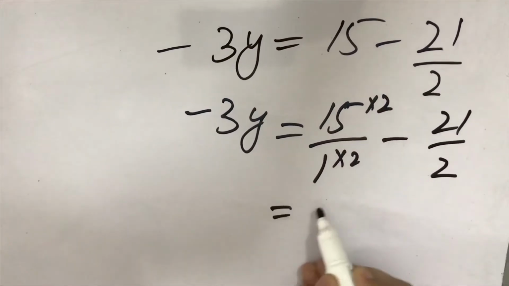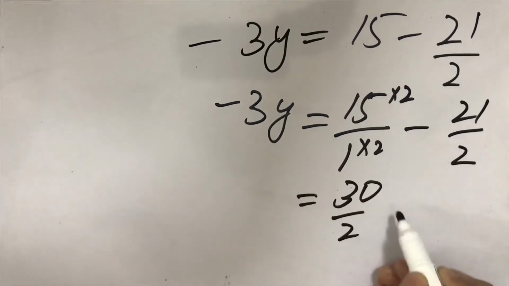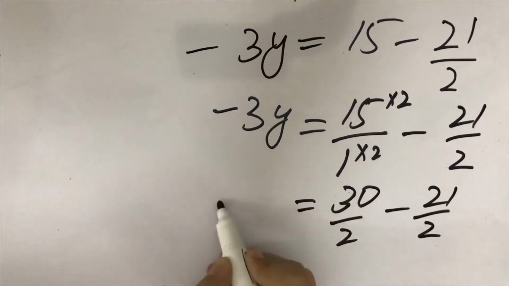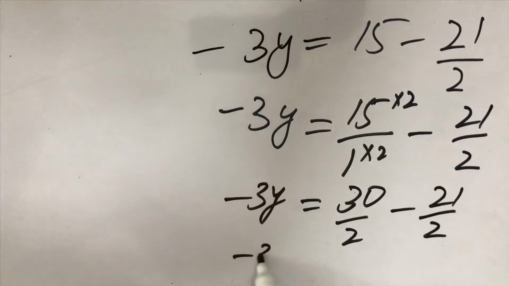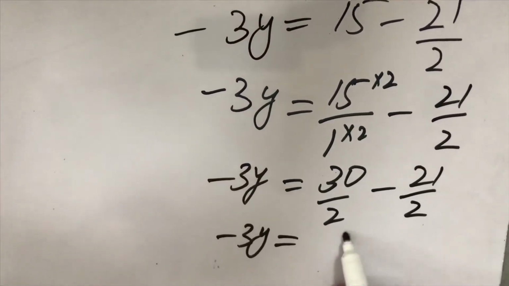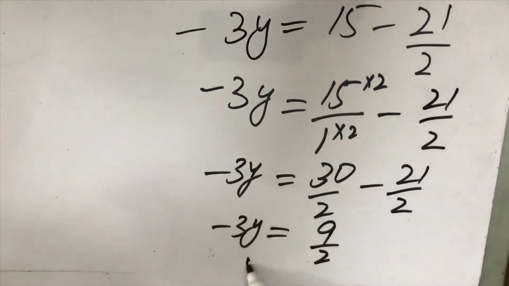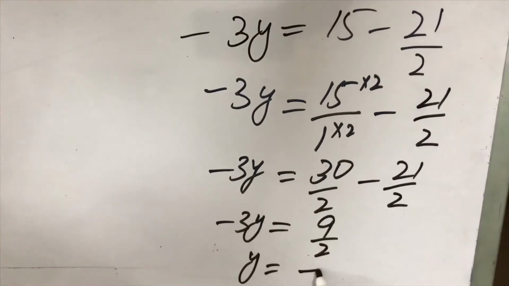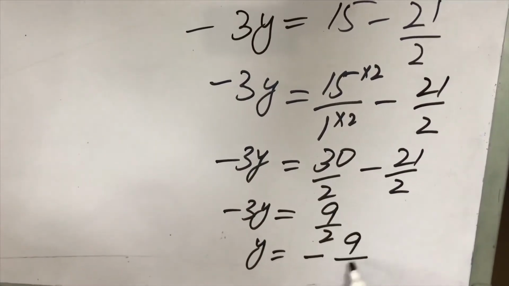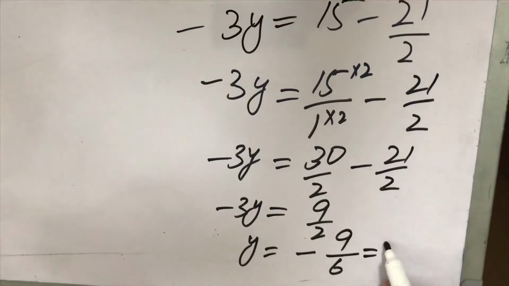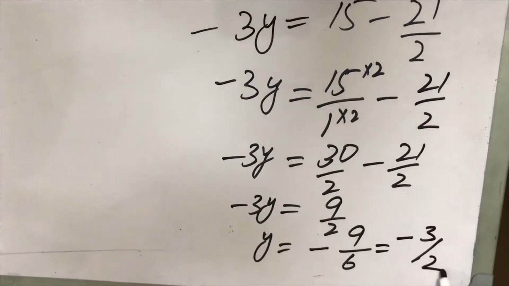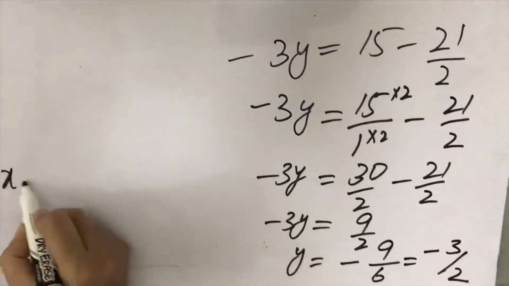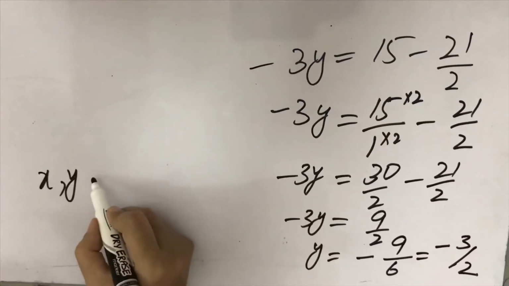Minus 21 over 2, 30 over 2 minus 21 over 2, minus 3y equals 9 over 2, or y equals minus 9 over 6, or you can say minus 3 over 2, and the solution set x, y will be